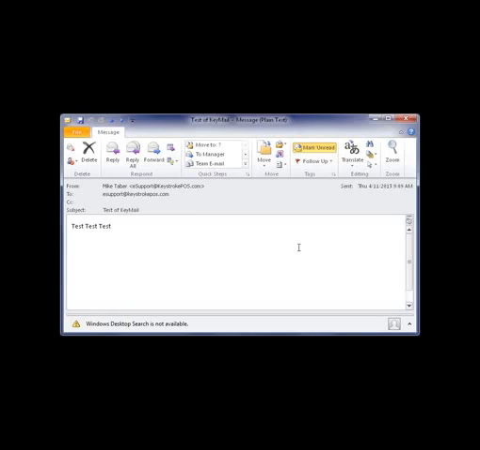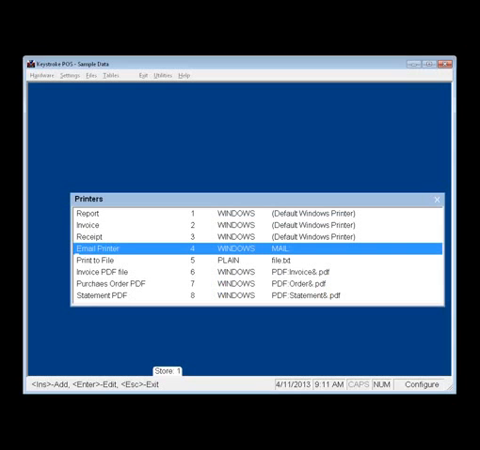Here's what the actual email looks like, and it's from Mike Tabor. Shows my email address. It was to eSupport, test of KeyMail. Then I typed in test, test, test. This was just done in the setup for ports in the printer. So this was just a test to make sure everything is talking to itself. And that's that. I'm going to go ahead and delete this just to keep my inbox clean. And we'll go show you how it works